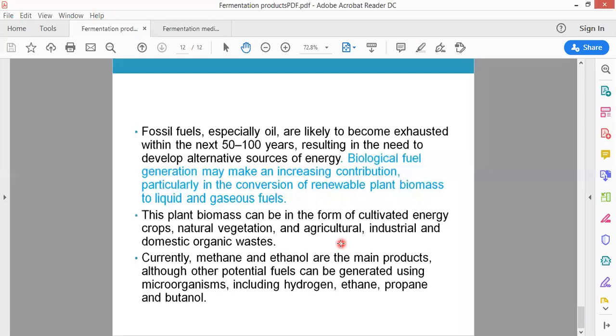Whether it's vegetation, domestic organic waste, agricultural waste coming from industry, or plants, whatever it is, you provide this to bacteria, and bacteria are going to assimilate them and use them as an energy source, and the resultant product depends upon the kind of bacteria you have utilized, but you would get potential fuels. And these fuels have a lot of economic importance, of course, because it is definitely going to cut down our reliance on fossil fuels. So we're going to get hydrogen, we can get methanol, we can get methane gas, which is famously known as biogas, and we can get all other derivatives of alcohol, and they all have uses in different industries as an energy fuel. So you can see that this is also a source of energy, right? So we've looked into many different fermentation forms, and all of these are basically